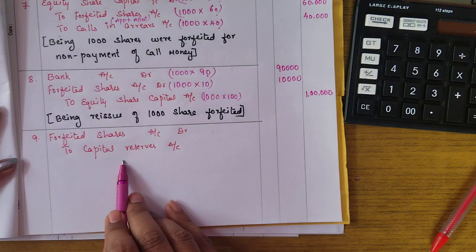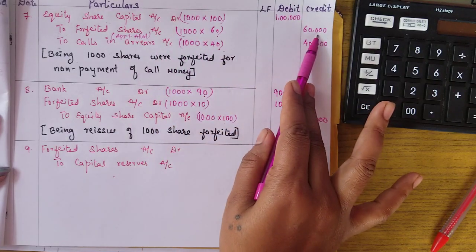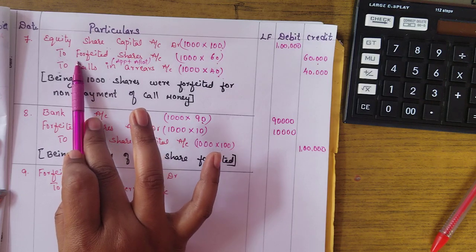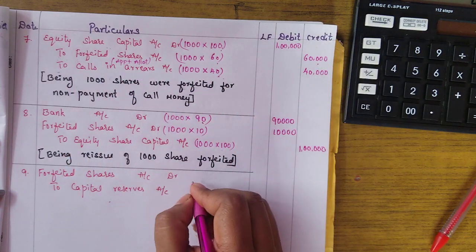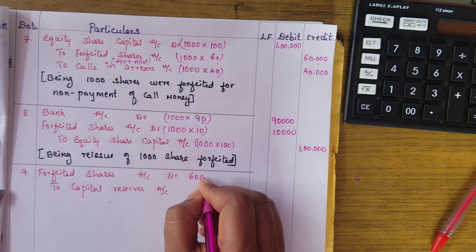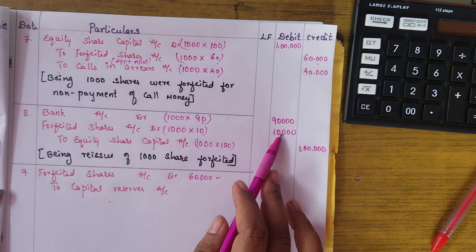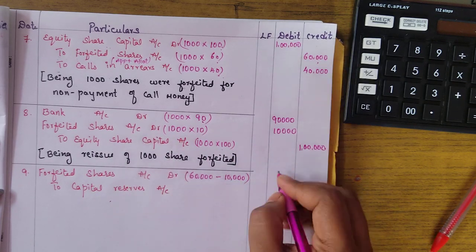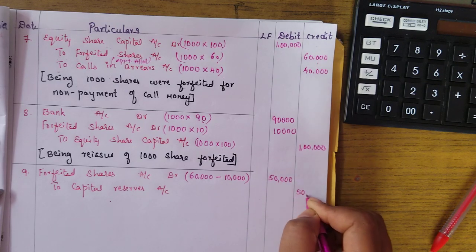So how do you calculate this? The first entry of forfeited value we have to take. When the shares were forfeited, we have done the journal entry for forfeited, right? First entry. So what is the amount? 60,000. 60,000 minus the second entry forfeited value is 10,000. So 60,000 minus 10,000 is 50,000, the final amount which will be transferred to the